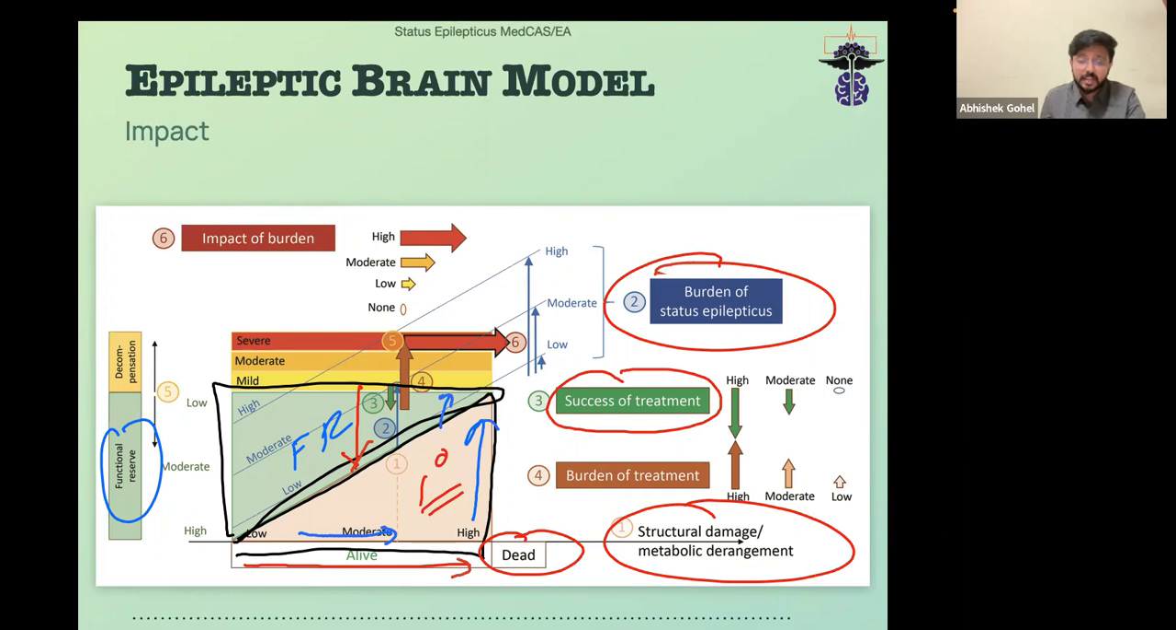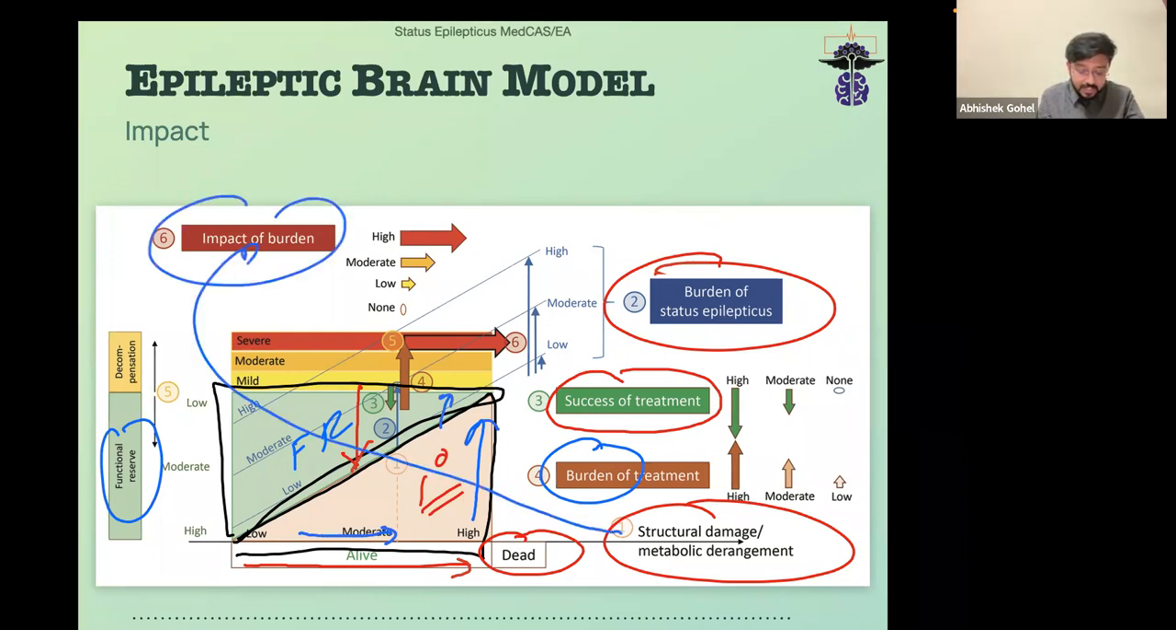But the story does not end there. There is another aspect to the treatment of it, that is the burden of the treatment. That means the treatment which you are giving, say propofol, itself leads to hypotension, which will finally add on to this burden of the status epilepticus, and finally it will lead to